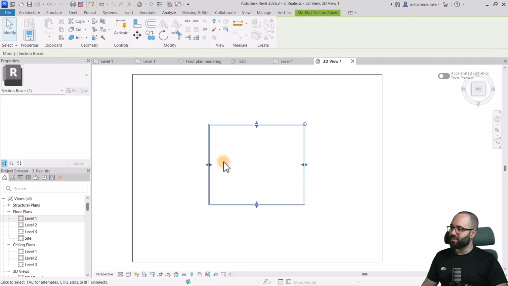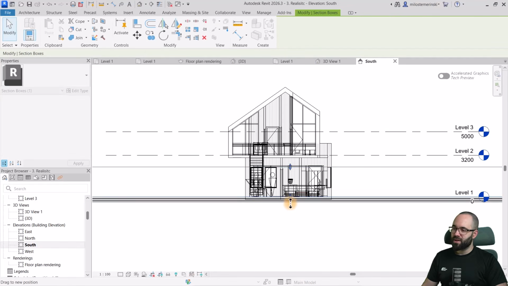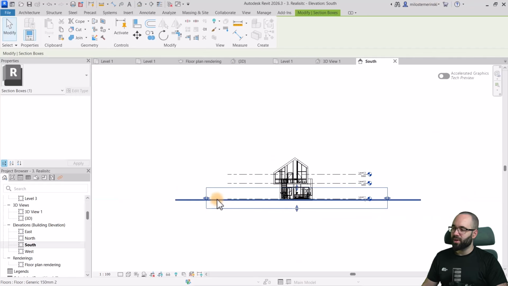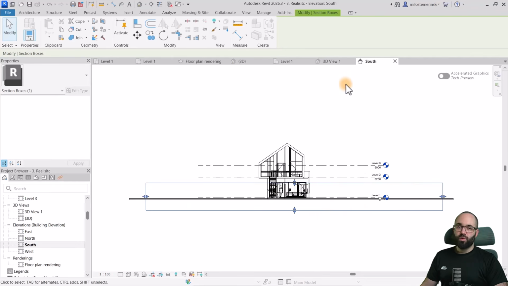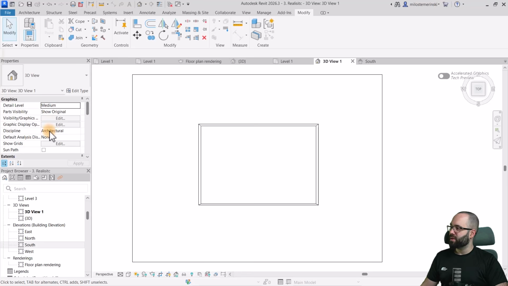So here we do seem to have this section box. So let's actually scroll down to the south elevation and see the section box is here. I'm actually just going to extend it below a little bit and then off to the sides if necessary. Next, we want to go back to our 3D view and now let's go to the properties